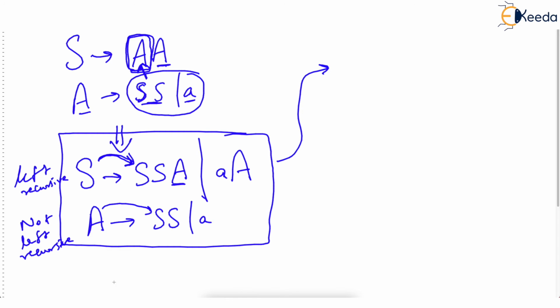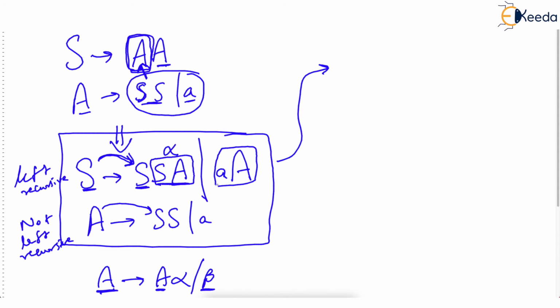Just check. Remember, left recursive grammar is A derives A alpha or beta. Do you understand, this S is nothing but A? This S immediately on the right is A, and this portion which I am underlining or marking is alpha. Correct? And the beta portion is this portion. And how did you rewrite this? You said A derives beta A dash or beta. Recall. And A dash, the new non-terminal, derives alpha A dash or alpha.